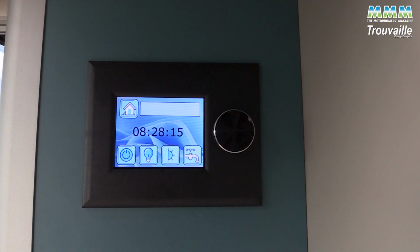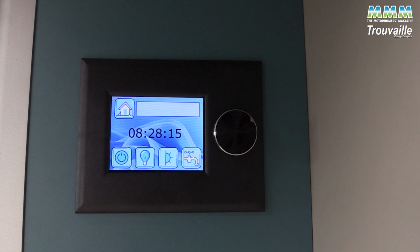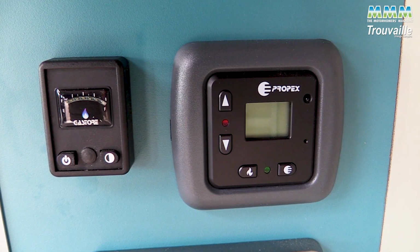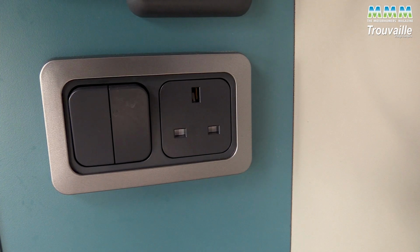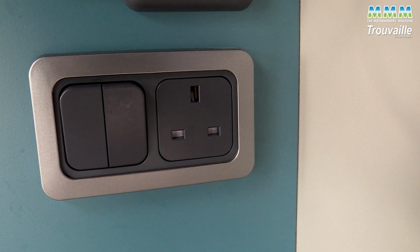Also in the kitchen you've got here all of your electrical bits and bobs. So you've got the control panel at the top here, and that is for turning your lights on and off, and it's also for things like the fridge and the tap, etc. Now this van is fitted with a blown air heater, the Propex one, so that's what these two are here for. That's for controlling the heater there, and then down below you've got a couple of switches there for the lights,